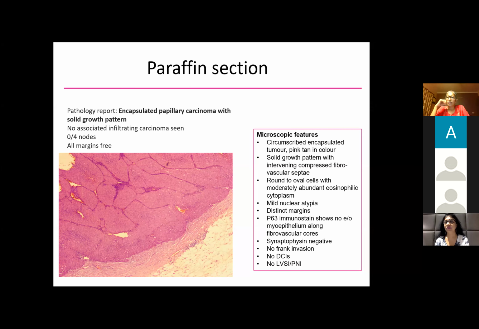Correct. So what we do is we look at the nuclear grade on core biopsy, and if we think it's high, we ask for a frozen section. Encapsulated can be easily frozen because it's solid, so it is not friable like the normal one. There are cases in which we go back and do a frozen for invasion, but of course with frozen we don't submit the whole thing, we only give one section, we don't sweat too much. But the grade is very important.